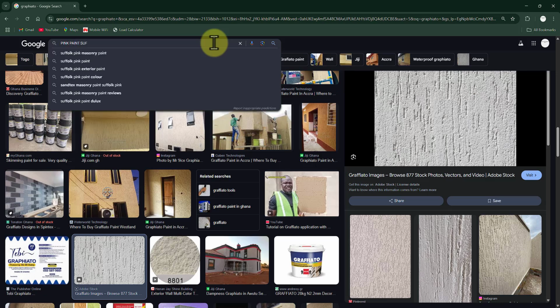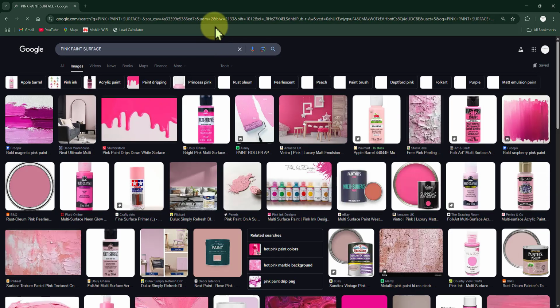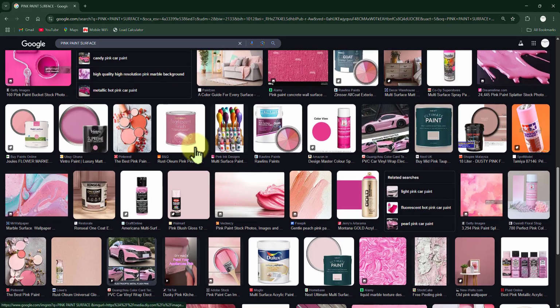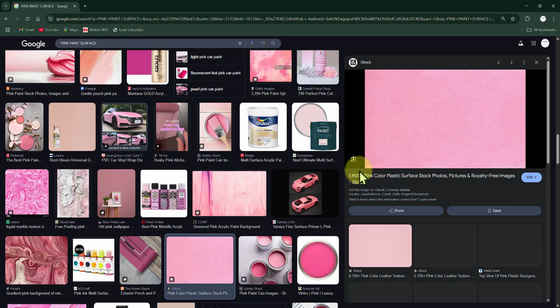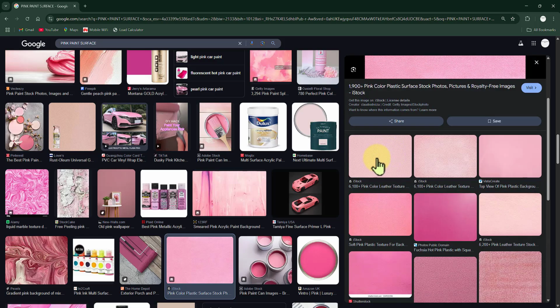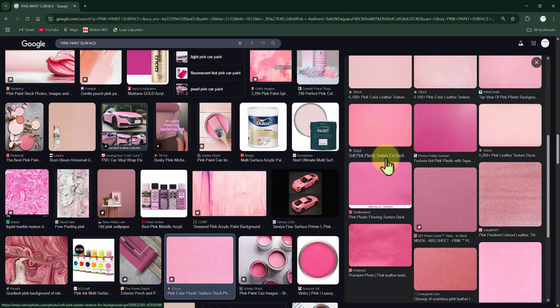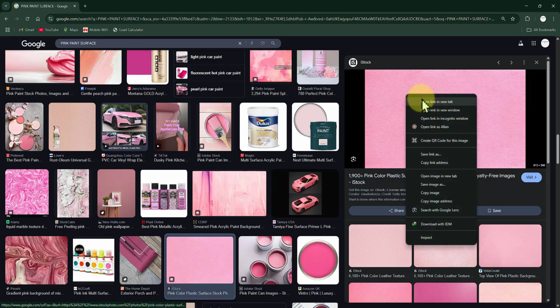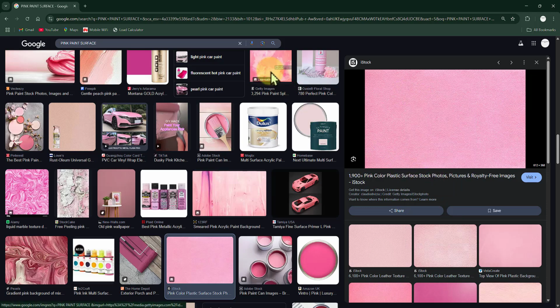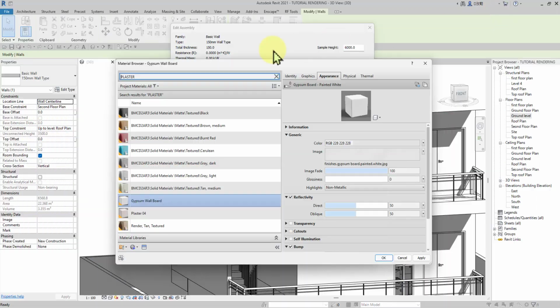surface. Let me see what they have on the internet. Pink face surface. Okay, so this is what they have. This one looks a little bit okay for me. Okay guys, I'm going to use this. So desktop, and I'm going to save that in there. Let me head straight into the gypsum wallboard,